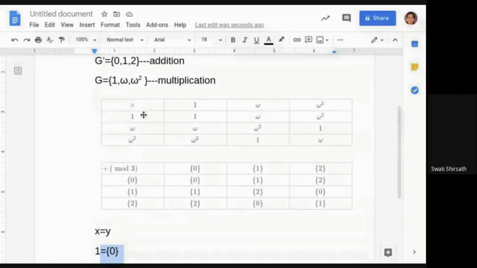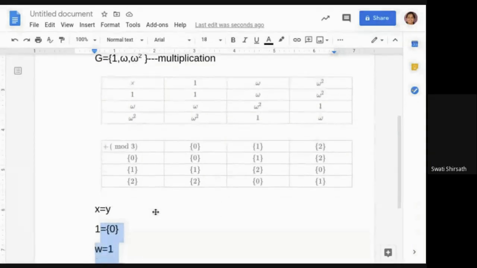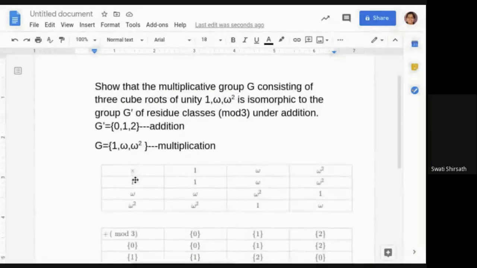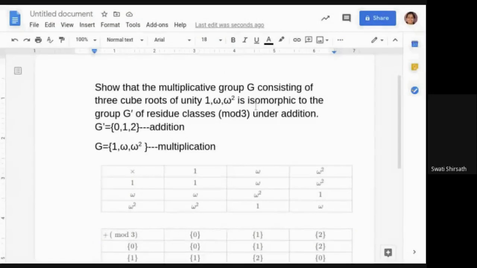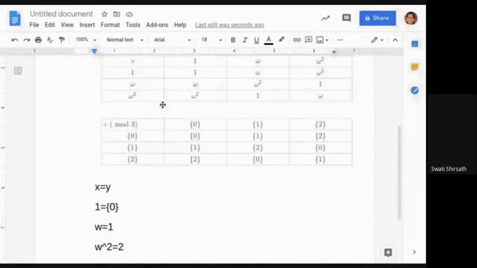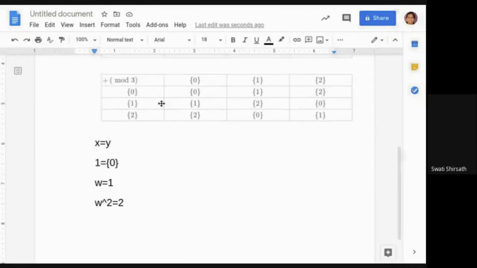You just have to draw this multiplication table if something like this is given, and they have already given that it is isomorphic. You just have to prove it. So just find out whether there is a one-to-one correspondence or not, and if it is not there, you can directly say that it is not isomorphic. Okay, is there any doubt in this one? I'll stop this one. I'll give you another example.